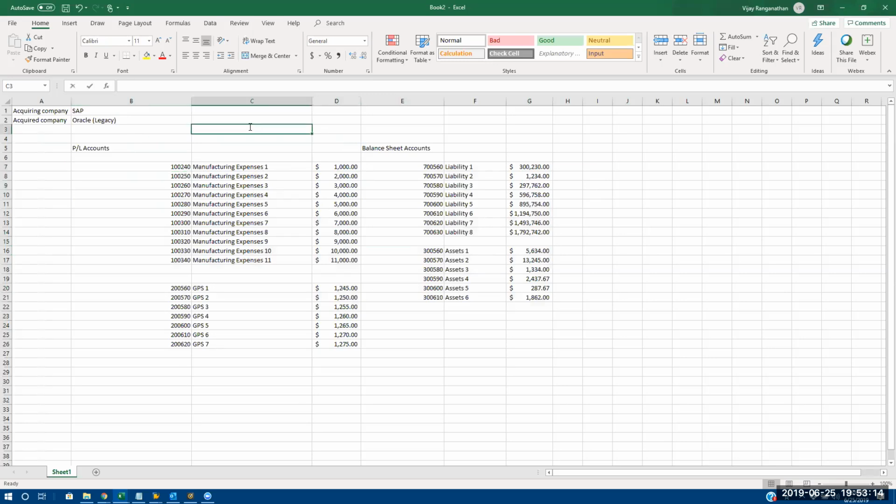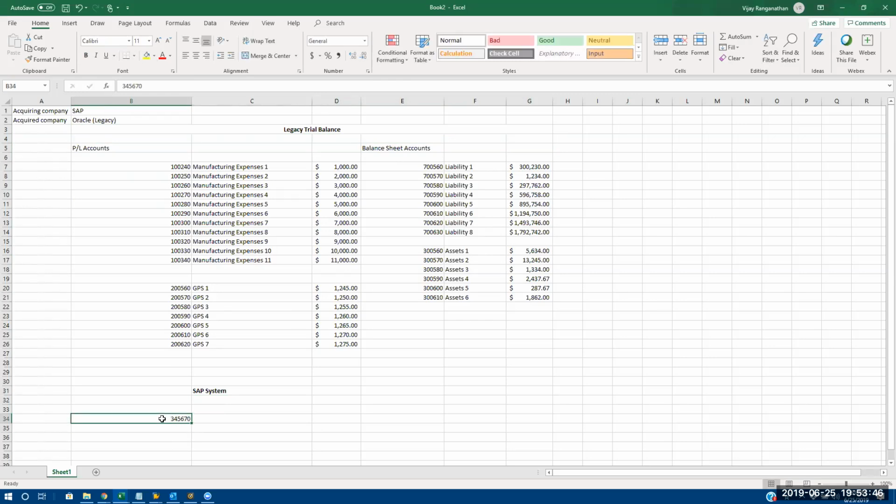For example, this is a legacy system, legacy trial, okay? In the SAP system, we have a different GL account. So manufacturing expenses, for example, they will go into,